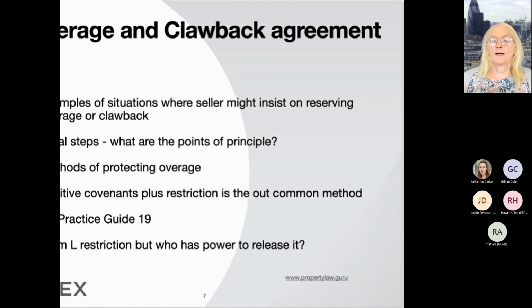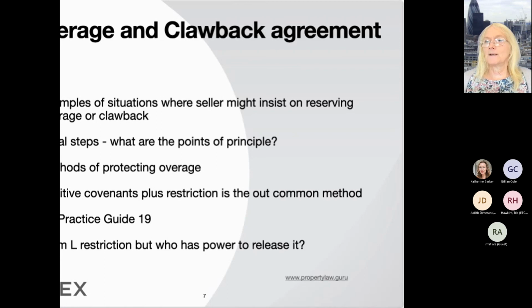But in any situation where the seller is owed money and that hasn't all been paid on the purchase of the land, that creates something called an unpaid vendor's lien, which will bind successors in title. So you don't want that to happen if you're a buyer, and you need to have a clause in there saying that the obligation to pay the further overage does not create an unpaid vendor's lien. And that will be of great importance to your bank, because they would not want the lien taking priority over the bank's charge should they repossess it. So there's normally a clause in there saying there is no unpaid vendor's lien.